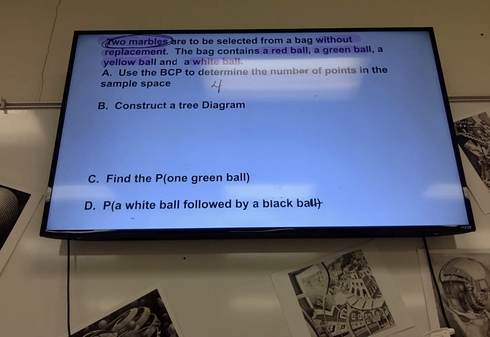Then we take out that 1 marble, put it off to the side, don't put it back in. Now how many marbles are left? 3. So you have 3 left to choose from. And the basic counting